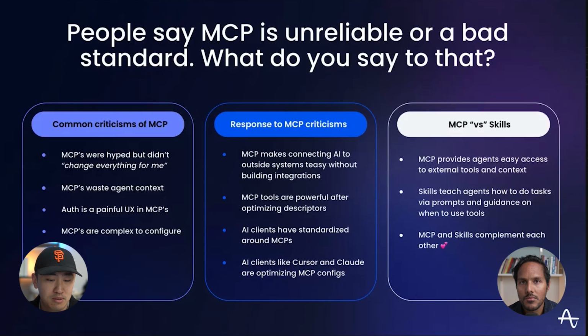And then lastly, there's been a lot of criticism about context rot when there's a huge amount of tools. Within the last month and a half, that's actually dramatically changed depending on the AI clients. There are pioneers like Cursor, who've done some experiments around dynamic tool calling. So instead of having the tools all called every single time, they actually use RAG to find the right set of tools to call given a natural language question. So you're not using all of your context all the time. Same within Claude, they've adopted a similar standard for not using all of your context across these tools. And that's also one of the reasons why they built skills.